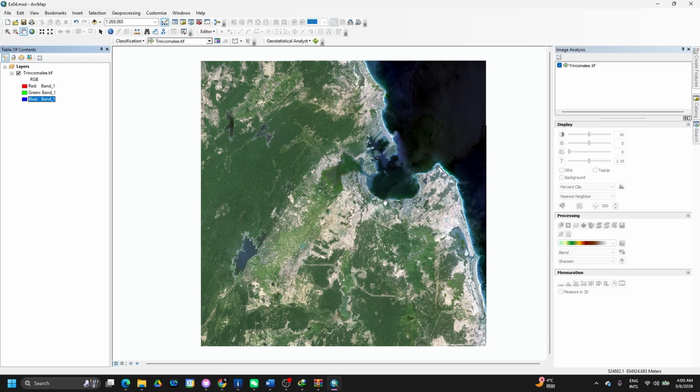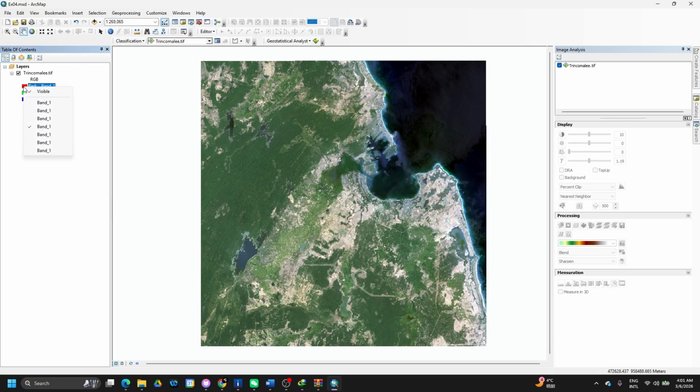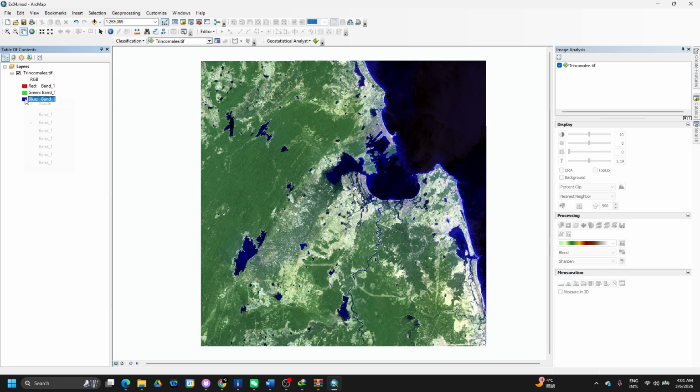So when we are doing supervised image classification, we need to select some sample areas. So now from this map, we can clearly see the water surfaces and green surfaces. So when we are selecting samples for the forest covers and water bodies, we can select some samples based on this image combination. So the other one is false color. If we go with false color, that means 764. I can select band 7, and then this one is band 6, and then this one is band 4. So if I go with this band combination